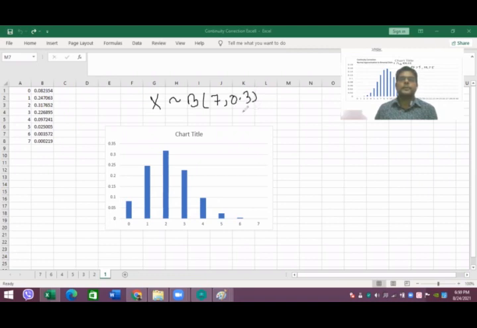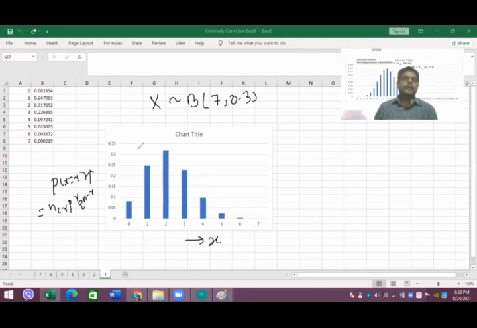and the probability value is 0.3. You can take the varied value along the x-axis and the probability values, that means probability of x equals r, that is probability of success, along the y-axis, and our bar graph is like this. This is a bar graph for the binomial probability distribution, nCr p^r q^(n-r). So n value is 7 and p value is 0.3. Put r equals 0, 1, 2, 3, 4 successively up to 7. Our bar graph will be like this.